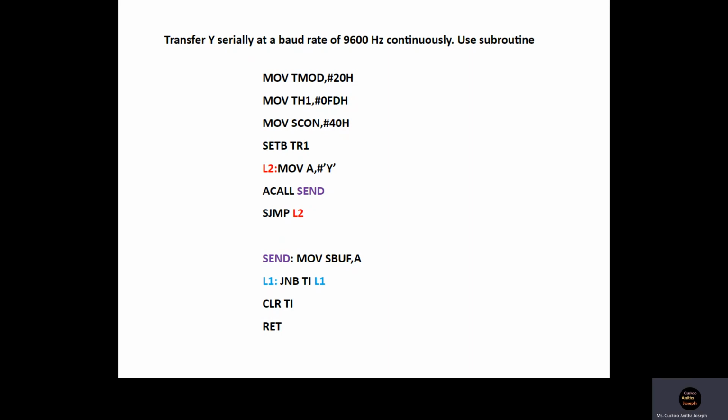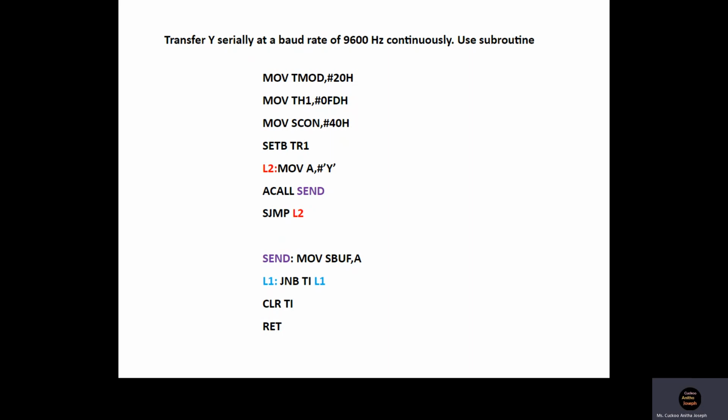So the first step in serial communication programming will be to select mode 1 for serial communication, and for that you have to copy the required value into the SCON register. The D7 and D6 bits of SCON are SM0, SM1. They determine the mode of serial communication. And to select mode 1, their value should be 0, 1. That is, D6 of SCON should be equal to 1 and all other bits should be 0.